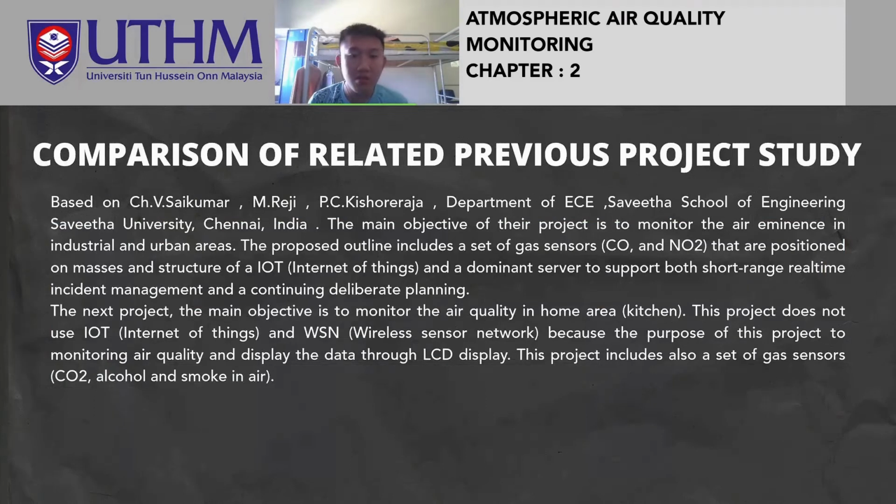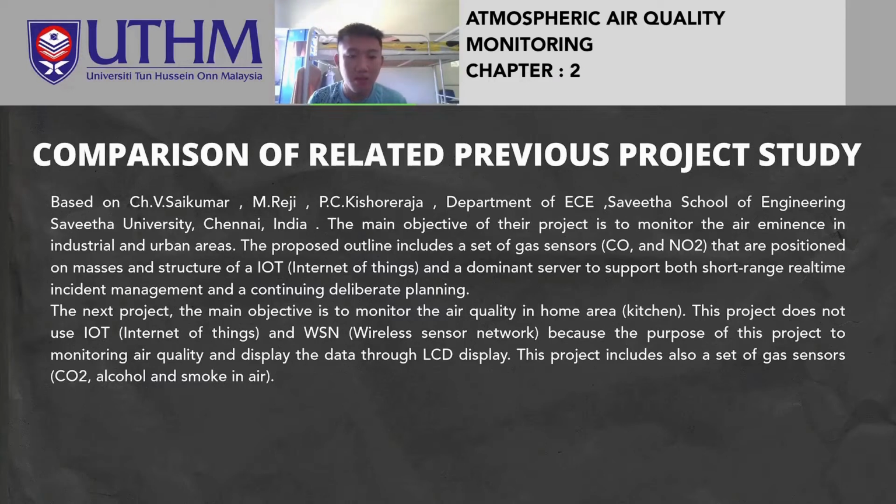Next is the comparison related to the previous study. Based on researcher C.S. Saikumar, their project is to monitor the air emissions in industrial urban areas. The proposed outline includes a set of gas sensors, which are CO2 and NO2, that are positioned on masts and structured on IoT, and a dominant server to support both short-range real-time incident management